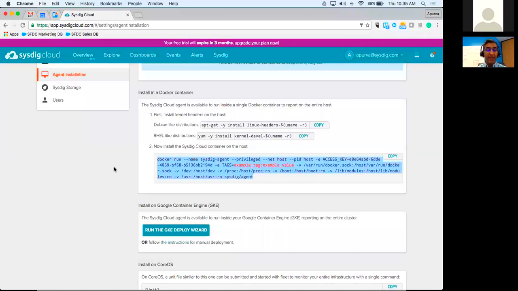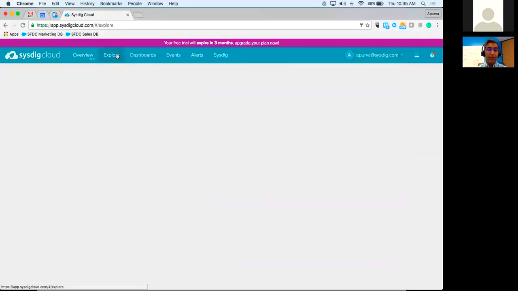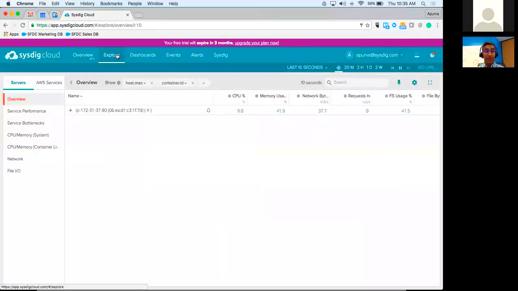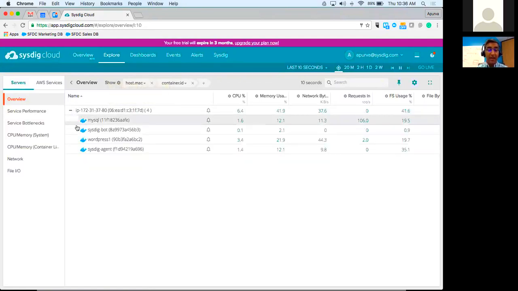If I hop back into this environment, we're going to go to a different place in the environment called the Explore table. And what you see in this Explore table is the host we've instrumented. There it is. That's cool. Now, the Explore table is kind of like top for your entire distributed infrastructure. So not only can you get this host and see basic information like CPU, memory, and disk, you can drill down and, oh, look at that. There are all my containers running. That's cool.